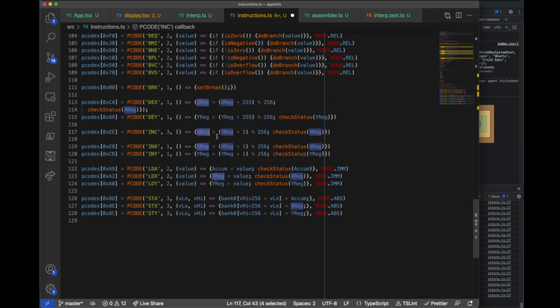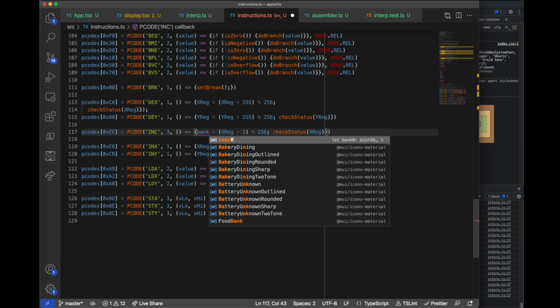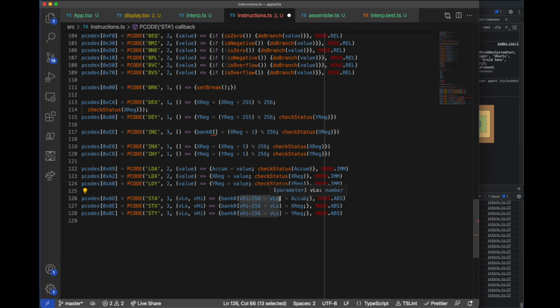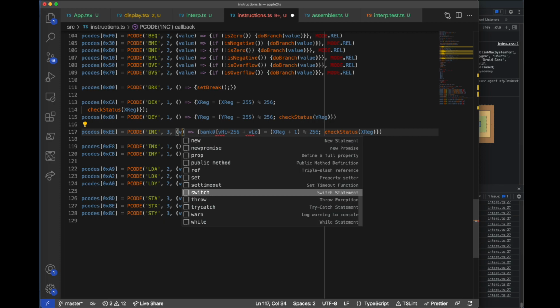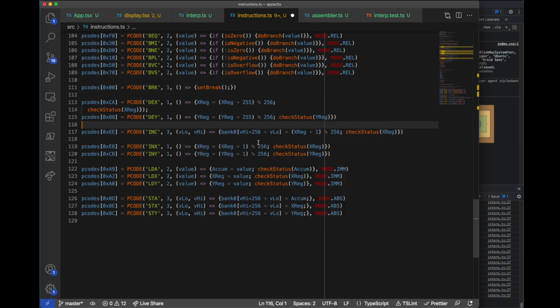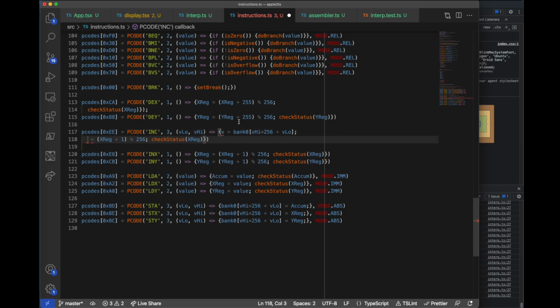So essentially what we want to do with this is take the memory at bank 0, location the high value times 256 plus the low value. And we need to actually make sure that these get passed in. Okay. And actually, just to make the code a little bit simpler, let's just pull out that value. So we're going to say V is that. Okay, once we have that value, we're going to change the memory location. So that is now equal to V plus 1. And then we're going to mod that with 256 to make sure it wraps around. Because this is JavaScript, it doesn't know anything about byte values, so this will just keep going beyond 255,